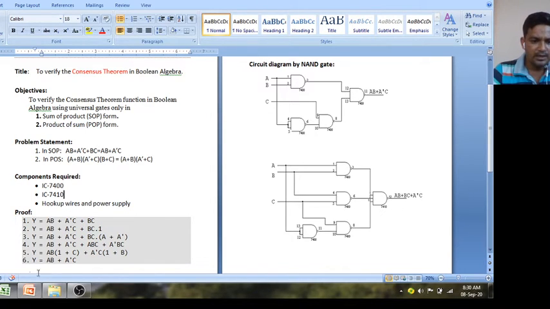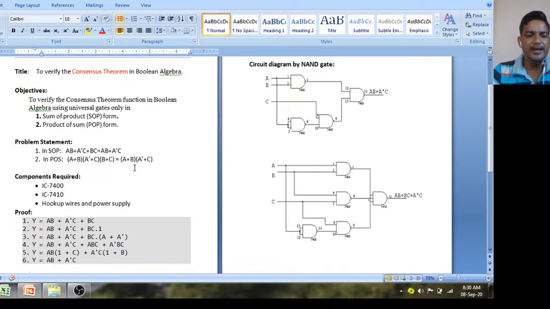And you know 1 you can write as A plus A dash, by the complementary theorem, A plus A dash equals 1. So BC times A plus A dash, so Y equals AB plus A dash C plus ABC plus A dash BC. Now take AB common from here, AB times 1 plus C. Similarly, take A dash C common, A dash C times 1 plus B. So Y equals AB plus A dash C.